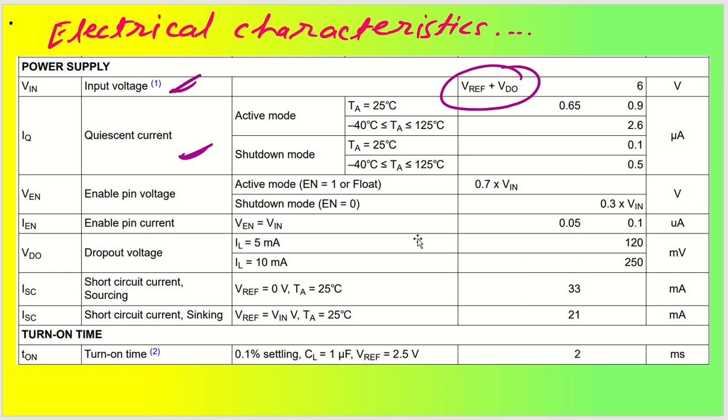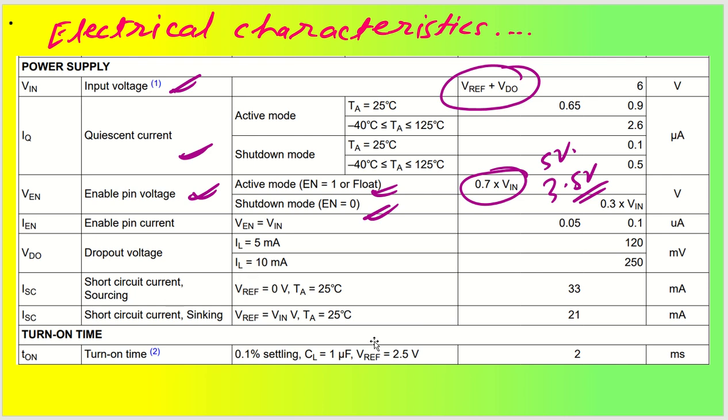Okay, we have enable pin which will be required minimum 0.7 times V in, otherwise it will be a problem. Otherwise you can leave it open. Either you give minimum 0.7 times V in, otherwise directly you can connect it to V in. Let us say you have a voltage input of 5 volt, then minimum input must be how much? 5 times 0.7 is 3.5 volt, otherwise it will not switch on. Okay, or else what you can do is you can keep it floating, like you don't need to connect any voltage to the enable pin, so that it can be fine. If you want to put it in shutdown, then you have to ground it. Okay,